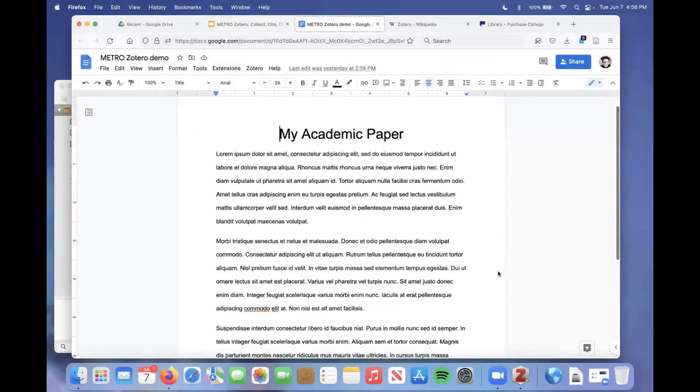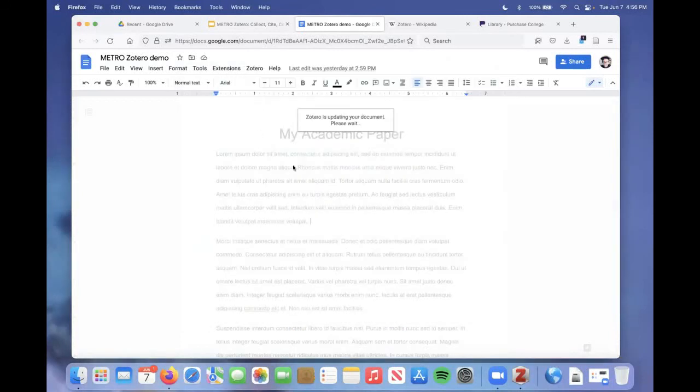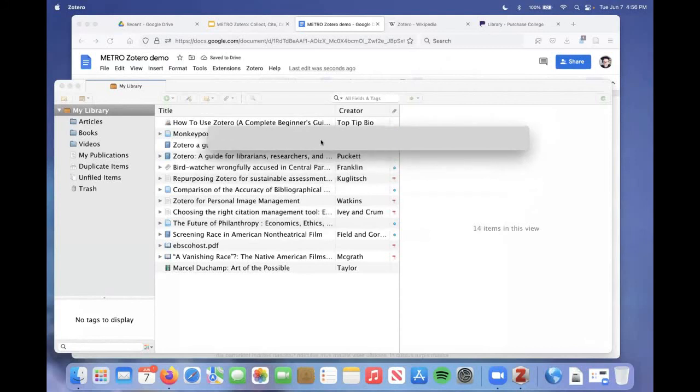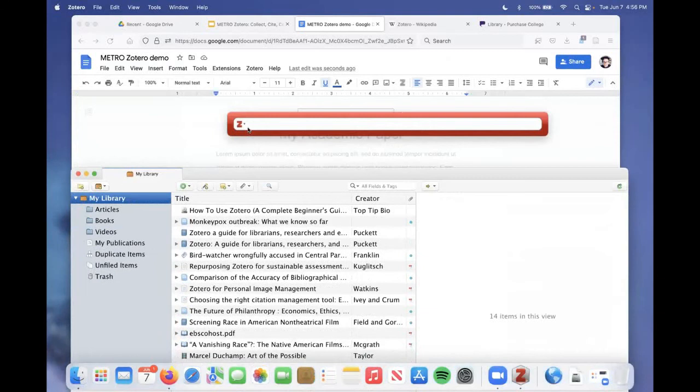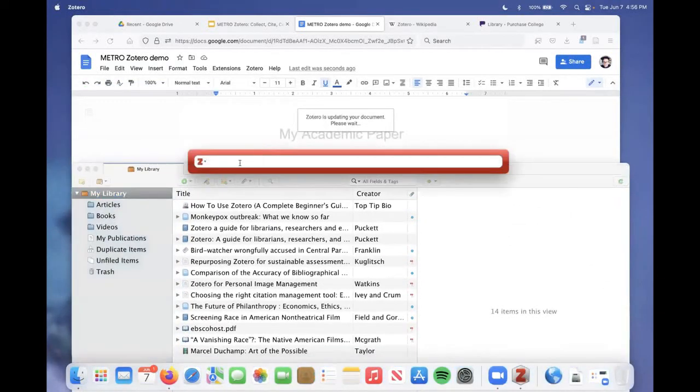So I'm going to pop over to a demo document. This is just a Lorem Ipsum, Latin thing I got from the internet. Here you see my file bar. I have access to Zotero because I've already set up my account to talk to my Zotero instance. I can click Add/Edit, and what this does is it opens up my Zotero area, and it gives me this bar, which did not display properly. Okay, it turns into this red bar, which is the newer version of the Zotero integration that works